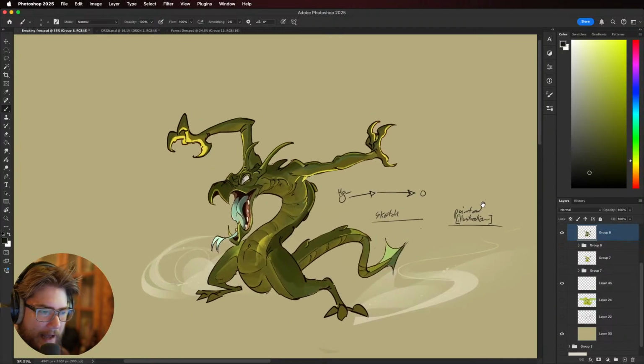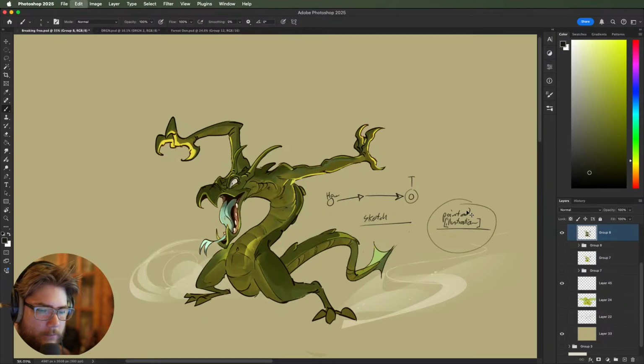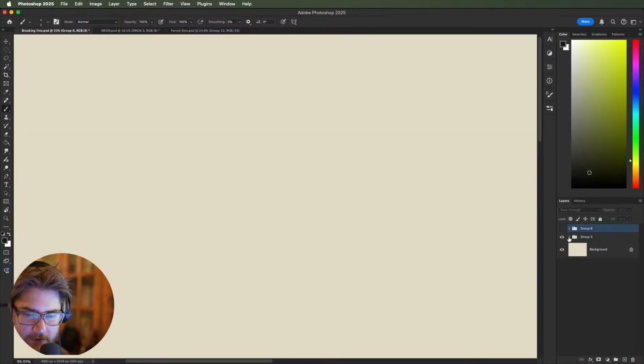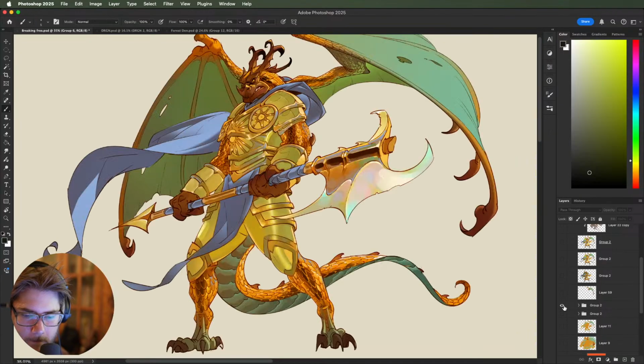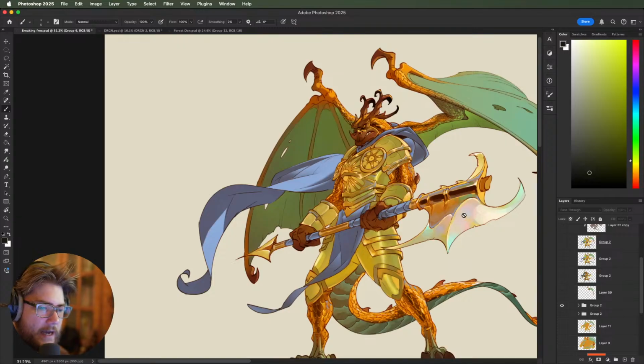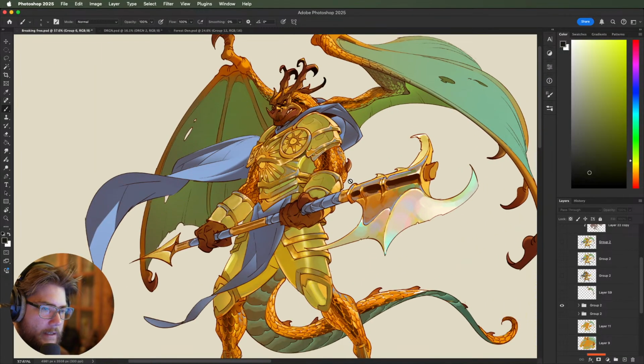Well, you have to have a really clear idea of what you want your outcome to be. So we talked about painted illustration or just kind of a very developed illustration. Let's even use the example of what we're working on before. So our kind of Dragon Knight guy over here. Yeah, this guy. So if we look at this guy, for instance, as like some kind of outcome versus the